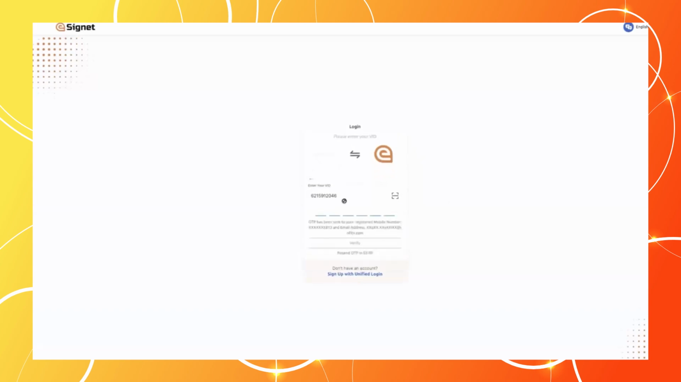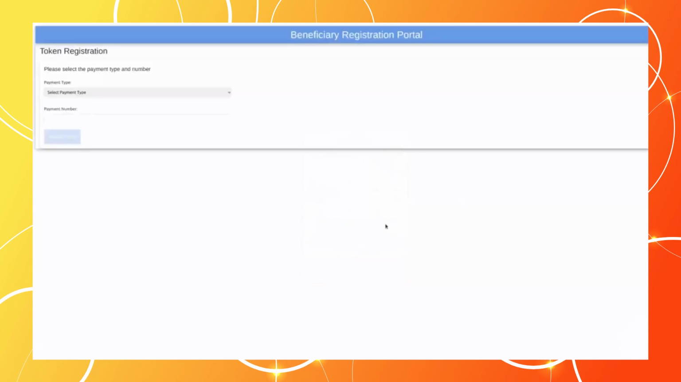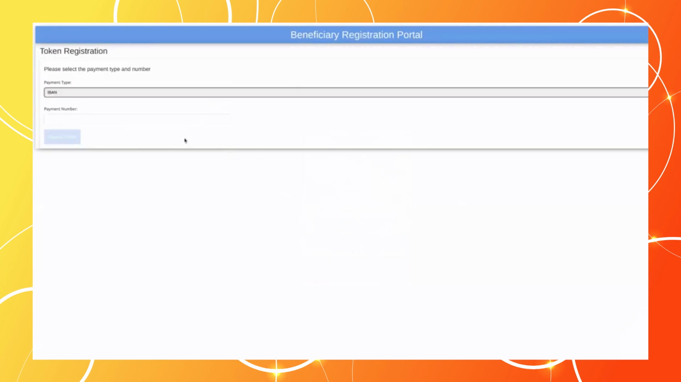So eSignet checks if the user exists on the platform, and after that, it sends me a one-time password to my registered email, which I can use to log in to MOSIP. After that, MOSIP validates my credentials and returns the token back to the portal. Currently, the user is asked to provide details of where the payment should be redirected to, and in our demo, let's